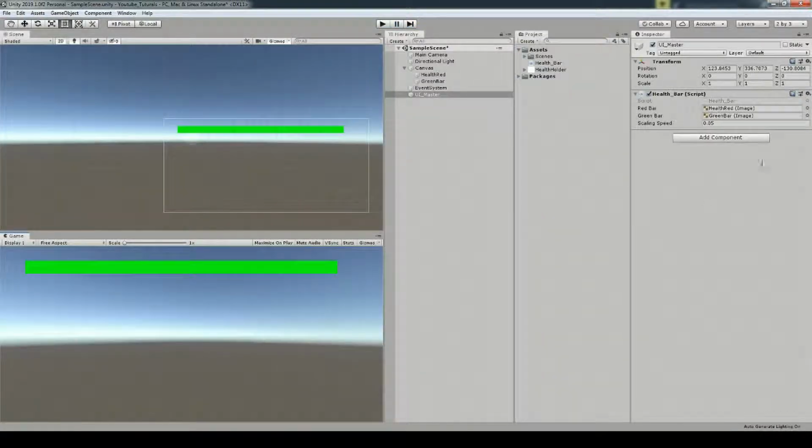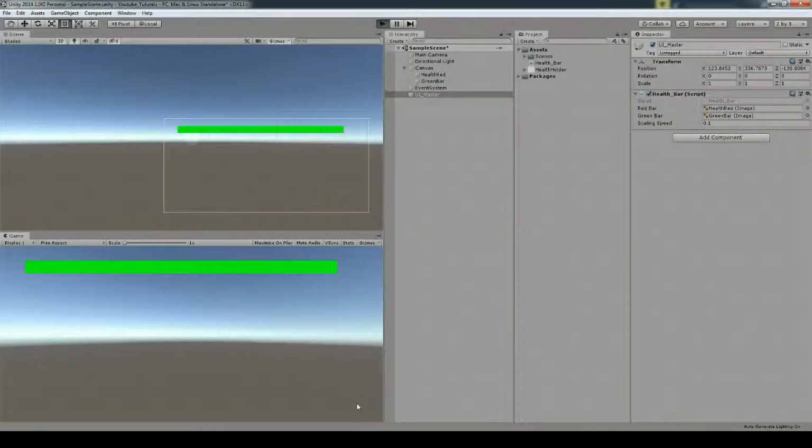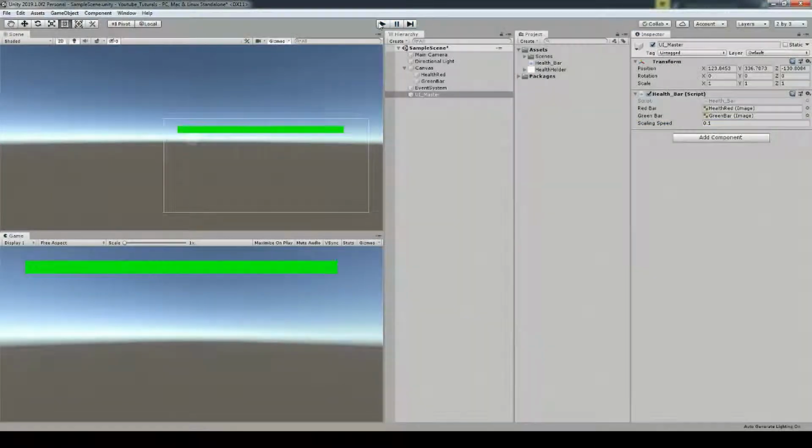The way we've coded this using scaling speed, it is completely customizable to be faster or slower. So here I've made it slightly faster. I have doubled its speed. Faster again. So I've made